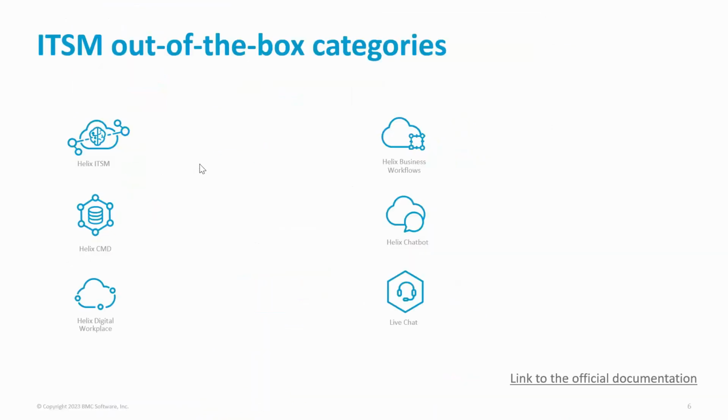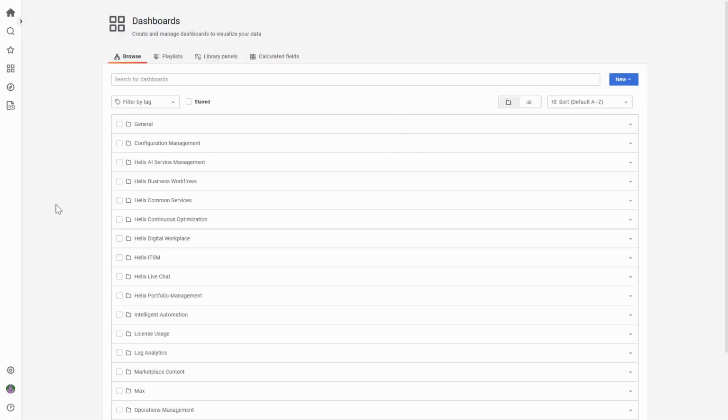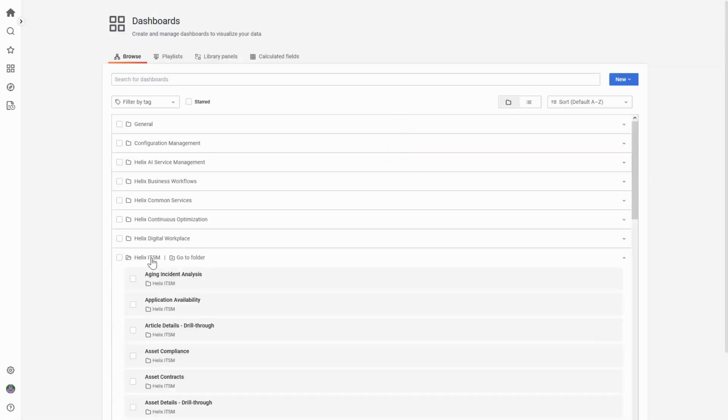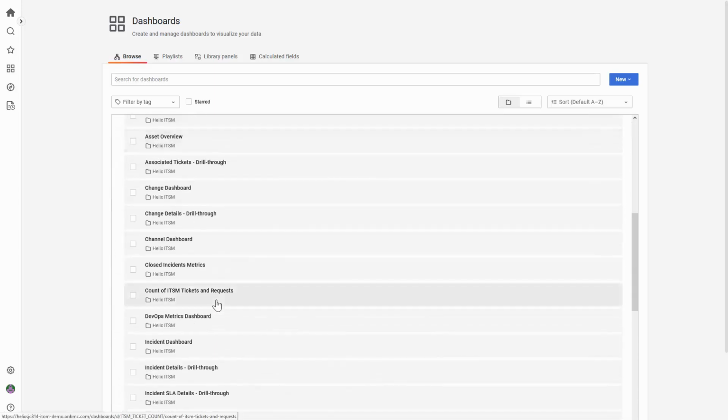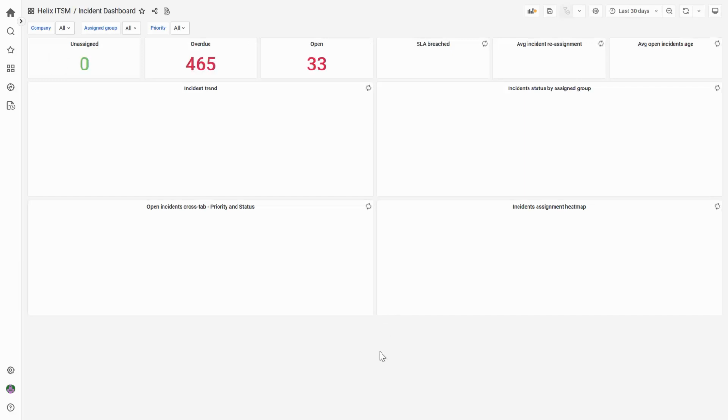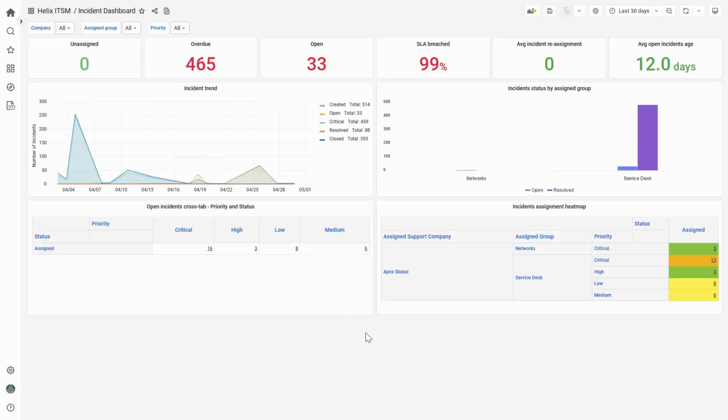The first dashboard that we're going to demo is inside the Helix ITSM folder, and we're going to focus on the incident dashboard. The incident dashboard is inside the Helix ITSM folder, and we can find it in here. The intention of this dashboard is to provide a quick overview of your current status with the tickets. I'm going to explain one by one how it was built and the queries and the forms that were used